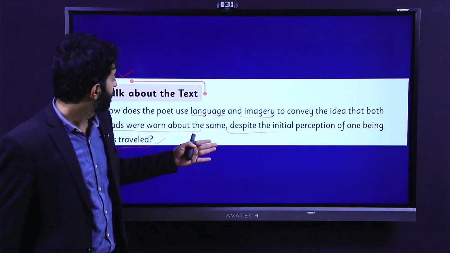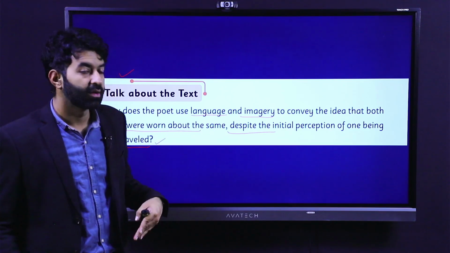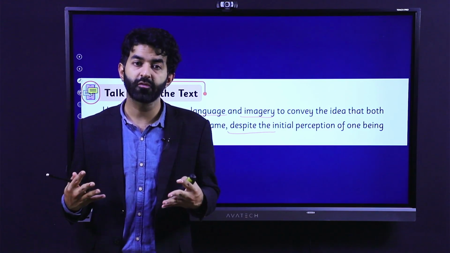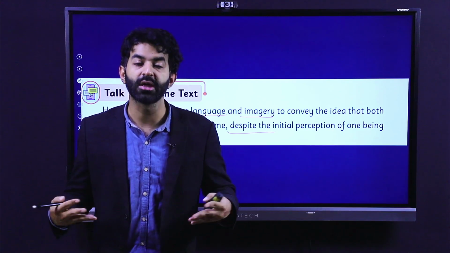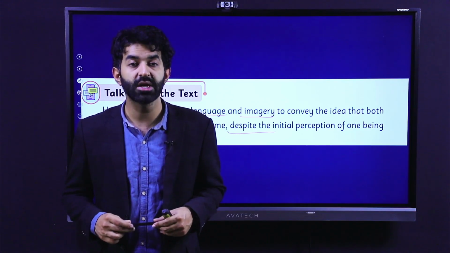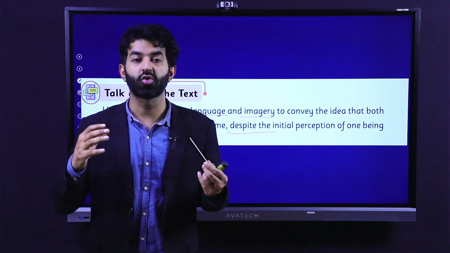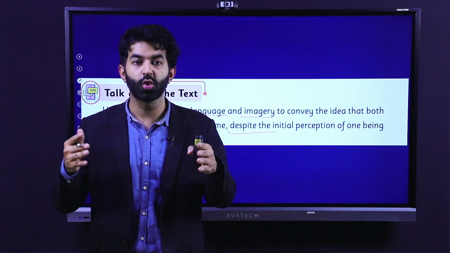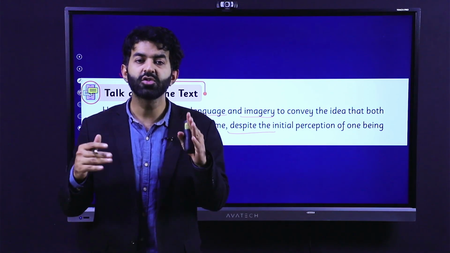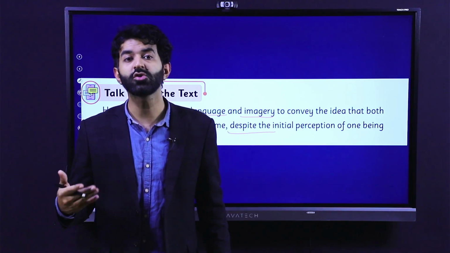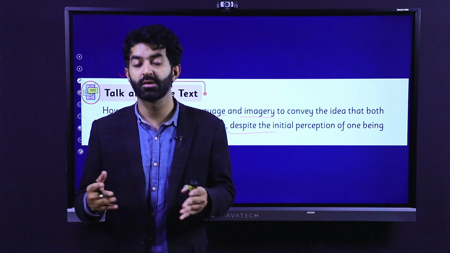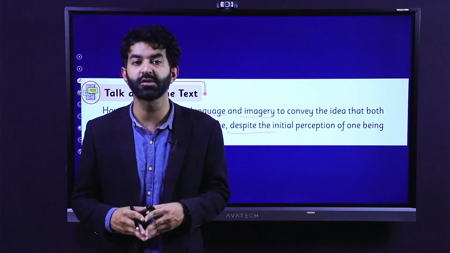Now, students, we can talk about the language and imagery. The language is quite optimistic. The language is straightforward. And if we talk about imagery, images that come to our mind while we were reading the poem, the poet has used images like yellow road. He talked about grassy road. He talked about two roads diverging in some place. So he has used so many different images and also symbols for us to visualize. You can talk about these different instances of imagery and symbols in your answer.